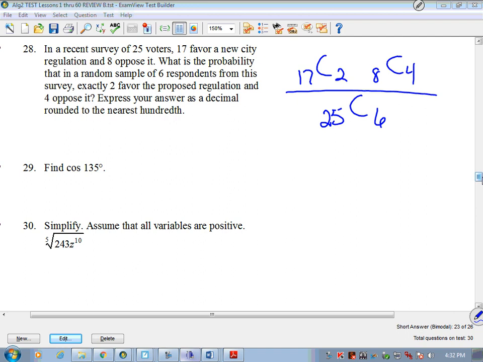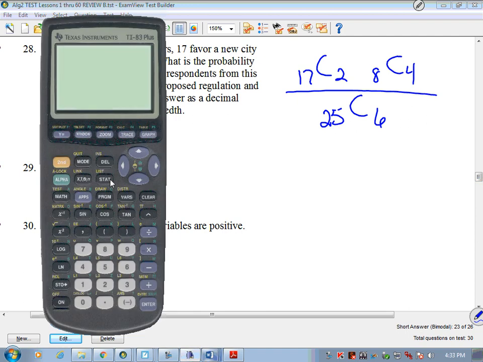We're going to use our graphing calculator here. We need to start off by putting everything on the top row in parentheses. So we got 17 math. We're going to use our combination. Okay, 2. Hopefully this works. We'll see. 8 math, probability nCr 4,